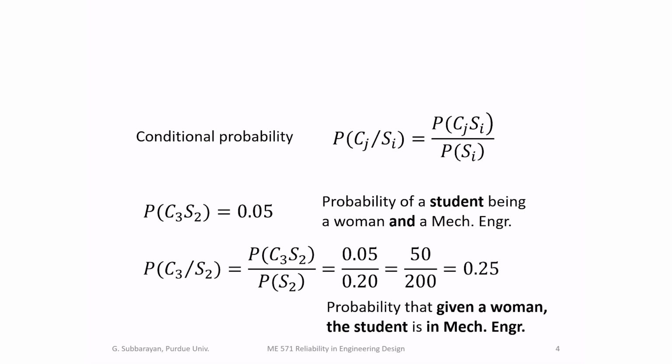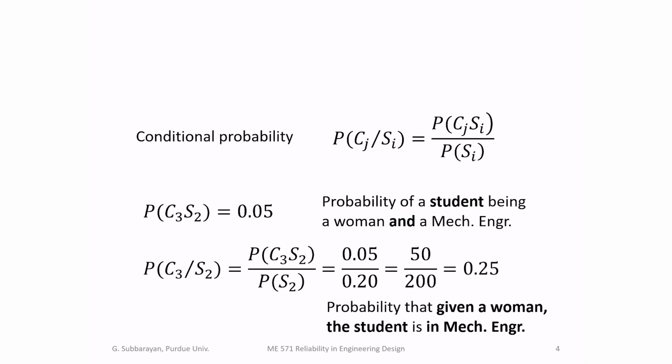That's a straightforward one. Second one is a conditional probability, given that a student is woman, what's the probability that the student would be studying mechanical engineering? C3 given S2. And by Bayes theorem, we know that probability of C3 and S2, or C3 times S2, product rule, divided by probability of S2, which is 0.05 divided by 0.2, and that's 0.25. So that's the probability that given a woman, the student is in mechanical engineering. So it's always tricky to convert these verbal statements